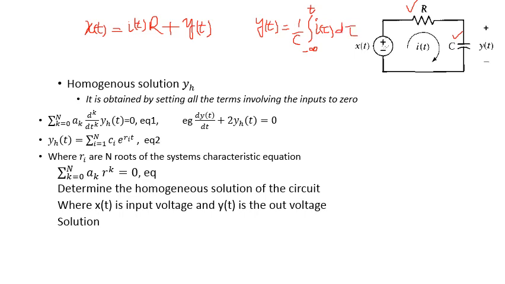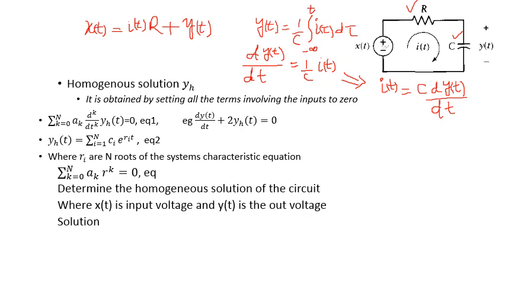Taking the differentiation of both sides, we get the expression for the current in the circuit: i of t equals C dy(t)/dt. Okay, so putting it here, we get x of t equals